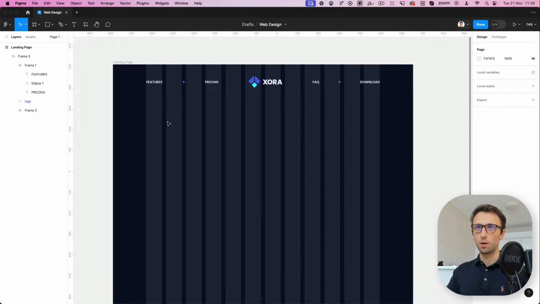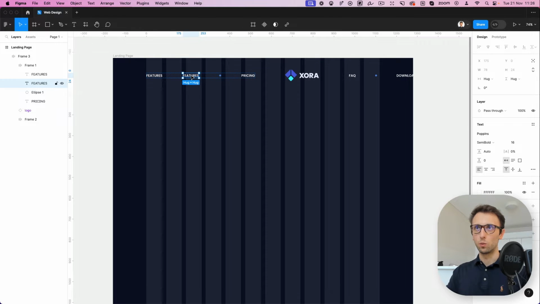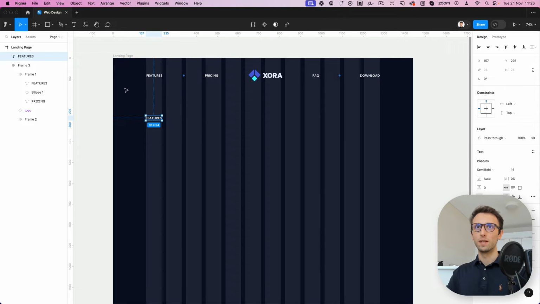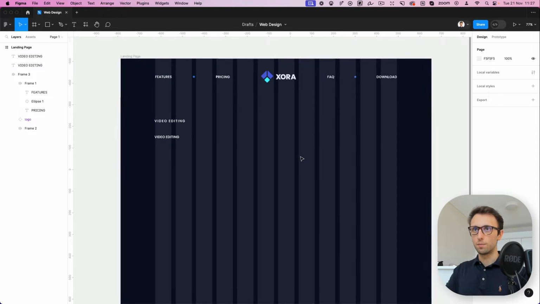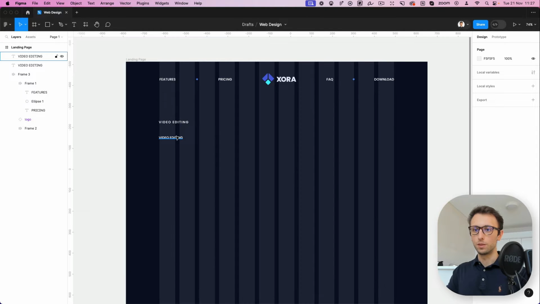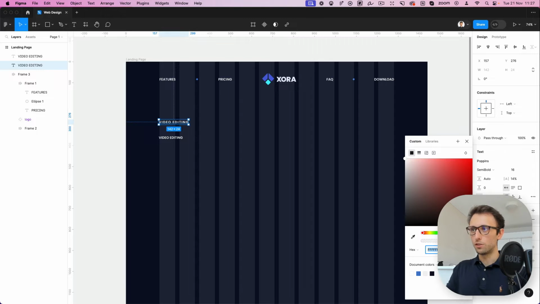So I'm going to simply copy this, click outside the auto layout so that it won't copy inside, which it did, but I'm simply dragging it out, or you can do that from the layers panel. And I'm going to write video editing, and I'm probably going to duplicate this just to have another text layer in just a moment. And let's increase the space of the letters in between, and we're going to change the color so that it matches a color somewhat